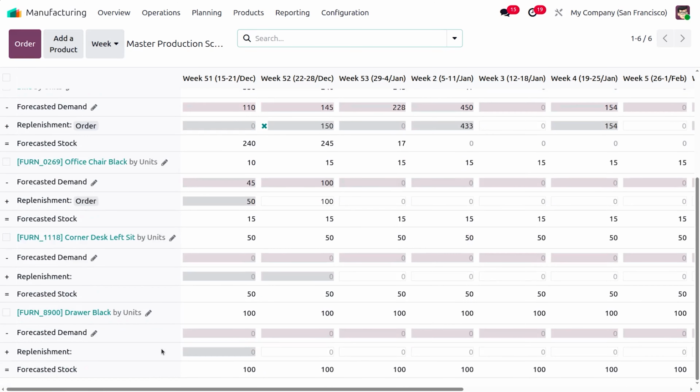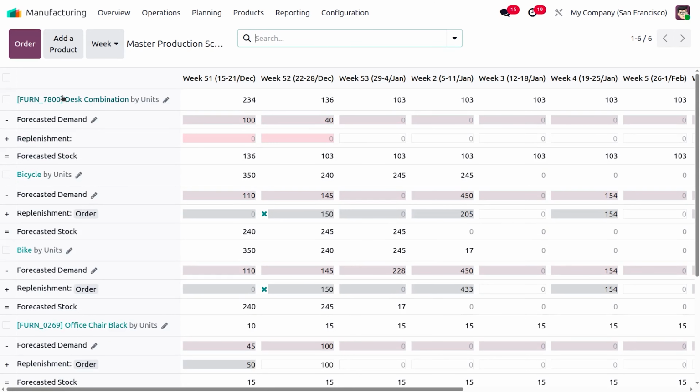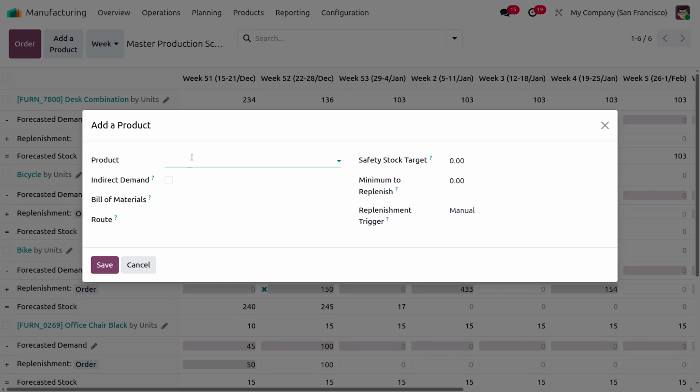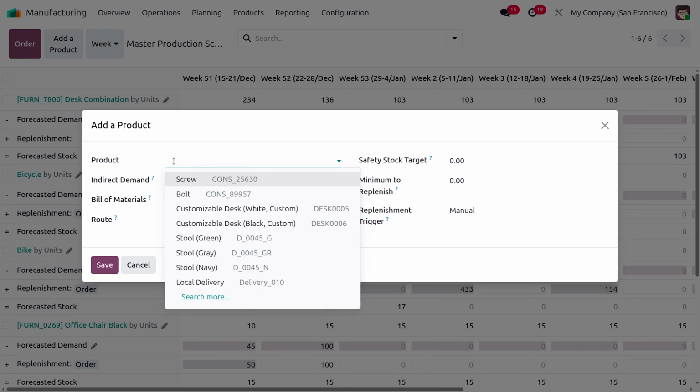Here you will not be able to find the product, which is the wheel. So let's add the item. Upon clicking on the product here, you can see that we'll be able to find the product, which is wheel